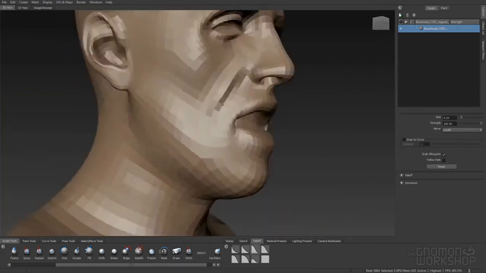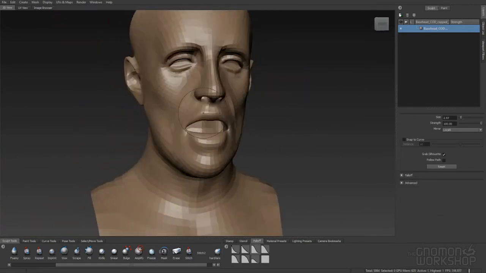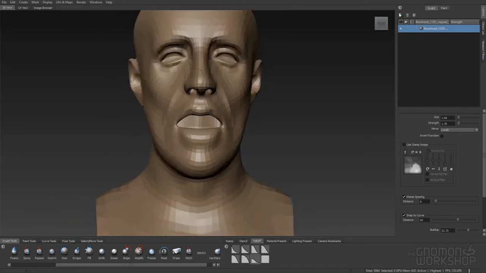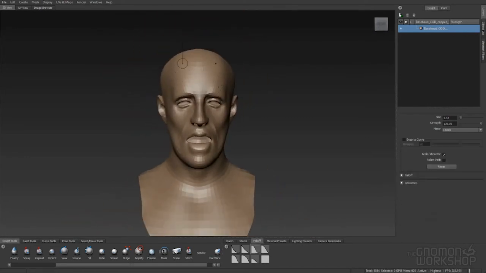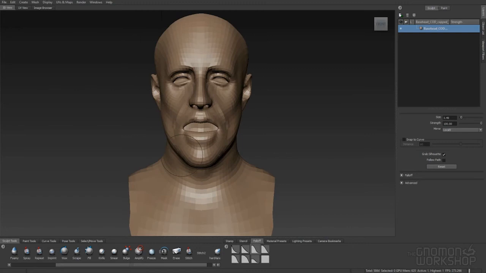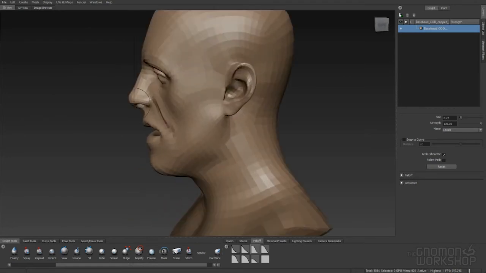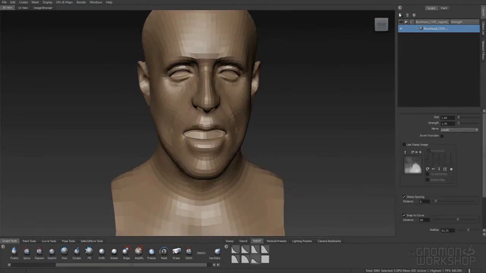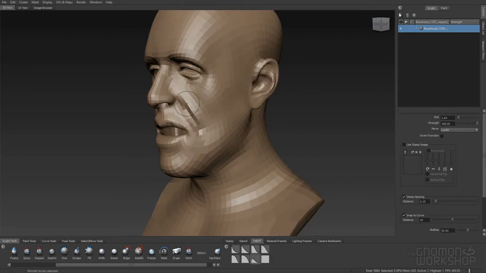So again, just mostly looking at checking this model out from a lot of different angles. Making sure that the corners of the eyes and the corners of the mouth pull back in space properly, and the forms don't become too flat on one particular plane. So I'm always looking at the model from a lot of different angles to sort things out. Here I'm just trying to work on that flat tip of the nose a little bit, and work on the thickness of the face and the cheekbones a little bit here, and